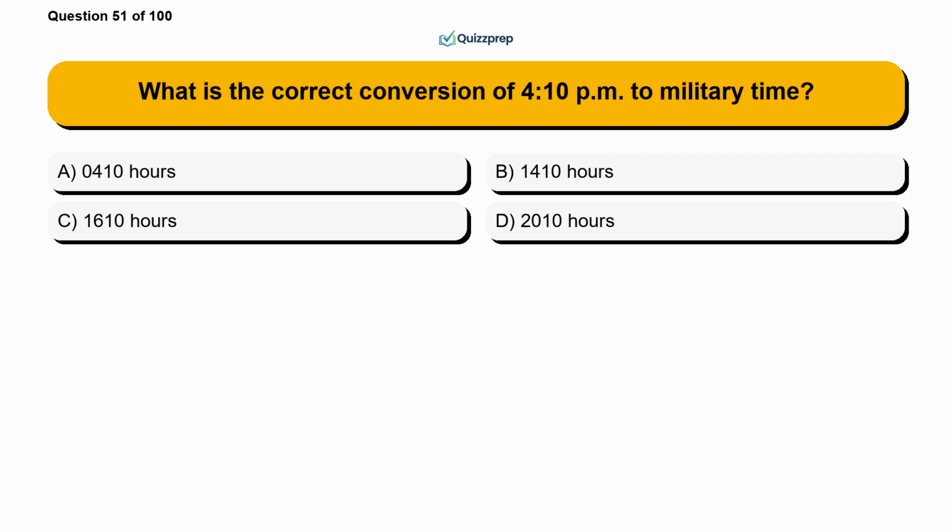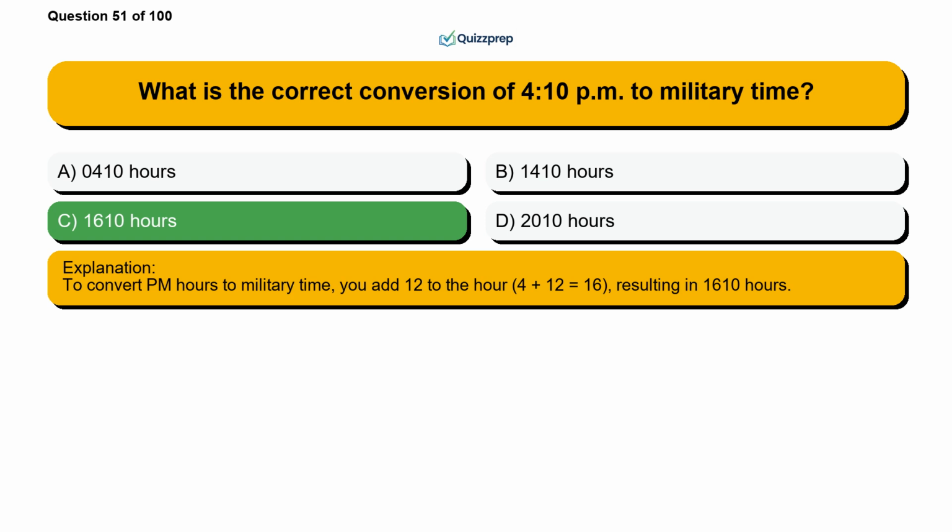What is the correct conversion of 4:10 p.m. to military time? Option A, 0410 hours. Option B, 1410 hours. Option C, 1610 hours. Option D, 2010 hours. The correct answer is option C, 1610 hours. To convert PM hours to military time, you add 12 to the hour: 4 plus 12 equals 16, resulting in